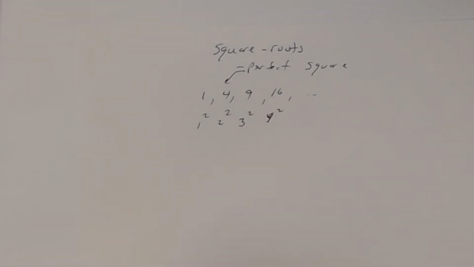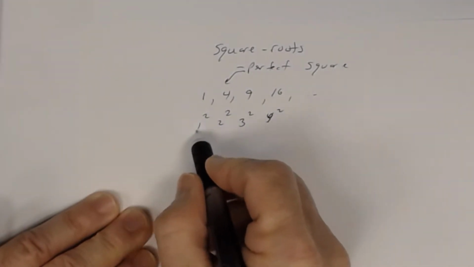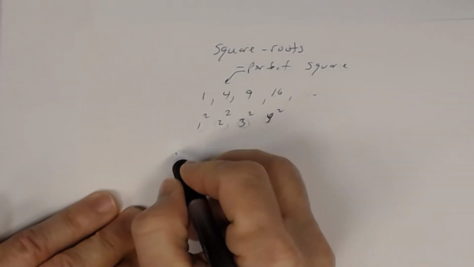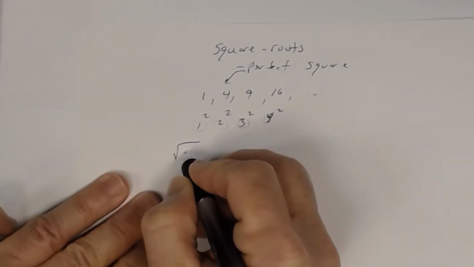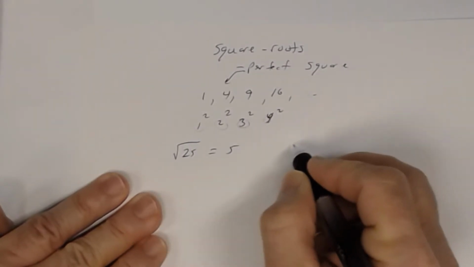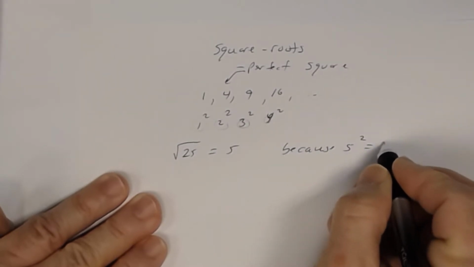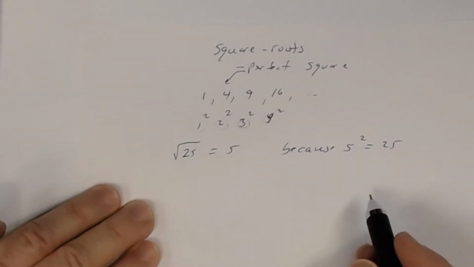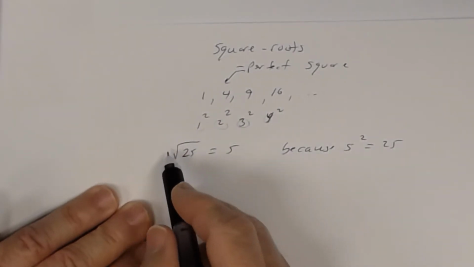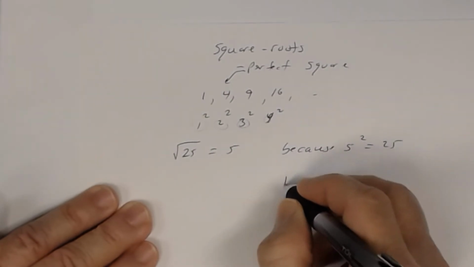Okay? And so when we took the square root of these perfect squares, we got this base that you saw here. We got that number that we squared. So for example, the square root of, let's say, 25 is equal to 5 because 5 squared equals 25. All right. Now keep in mind that when you see something like this, we're looking at the principal square root. So that's the principal square root. Remember, use the word principal,